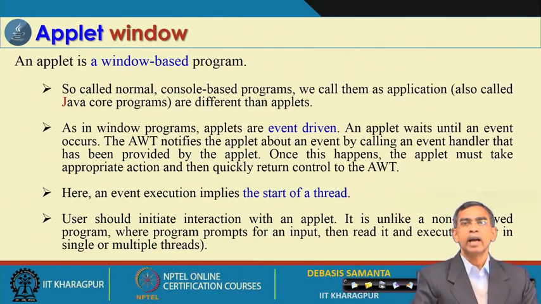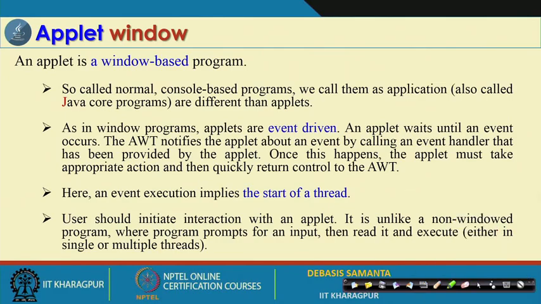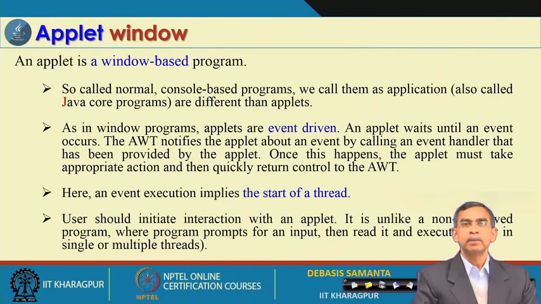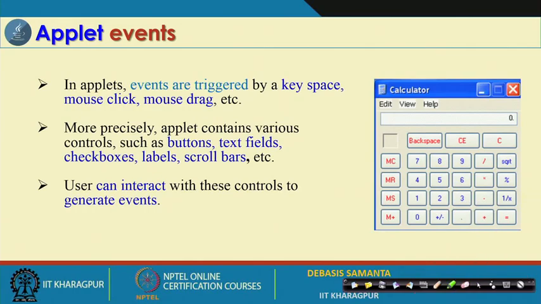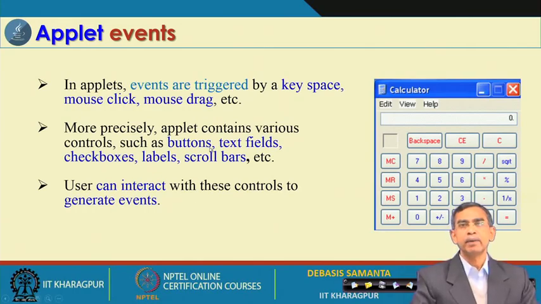So, that is why we have to import java.applet.*, that means all the applet class facilities, as well as we have to import java.awt.*, that means whatever classes are defined in AWT have to be there. Regarding AWT we will discuss in detail once the applet is covered. Anyway, this is the idea. An applet is basically an event driven program. Now, what is an event driven program can be better understood using an example.